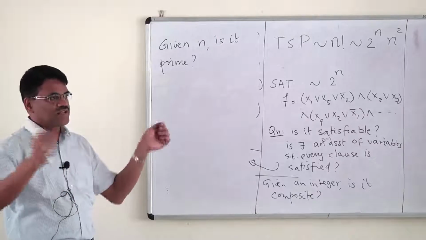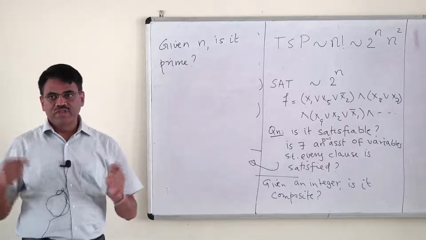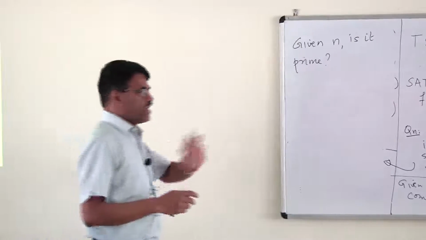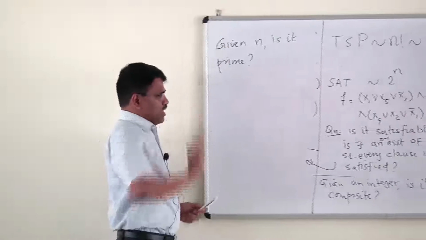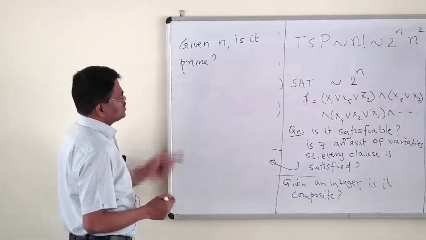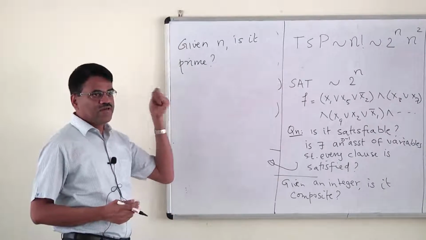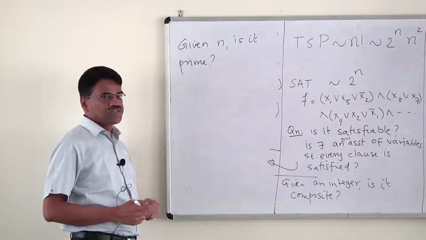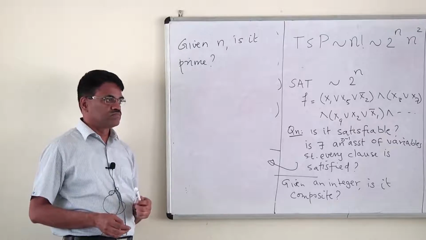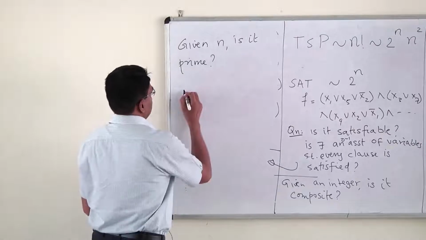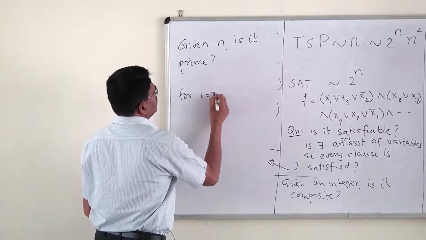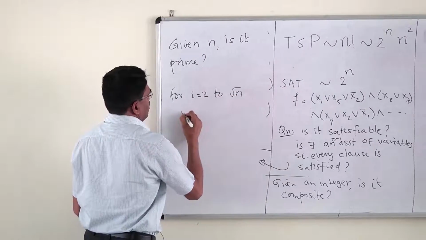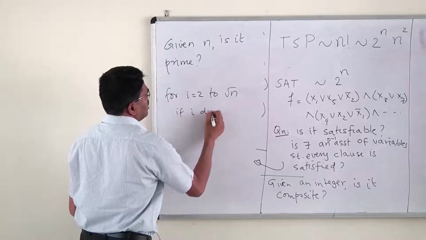It turns out there is, using some nice number theoretic properties, Fermat's little theorem and various things, one can give an NP proof of it, but let's keep that aside. Now, can somebody give me a simple brute force algorithm for this? How do you check? For i going from 2 to square root of n, if i divides n,